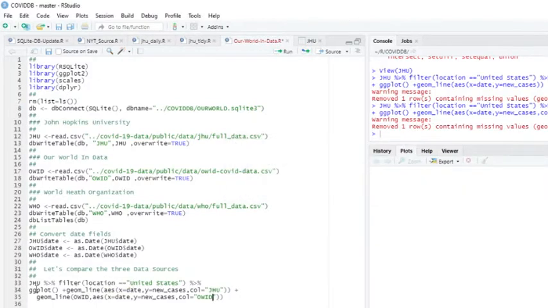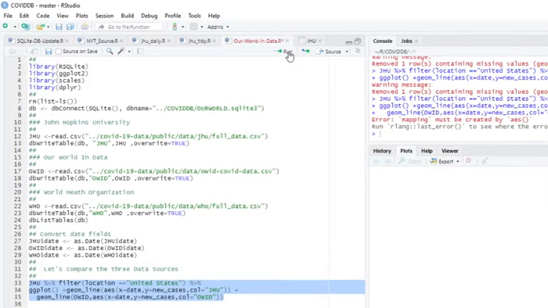I'm basically going to do this just to compare the three different data sets. Okay, this doesn't work, does it?